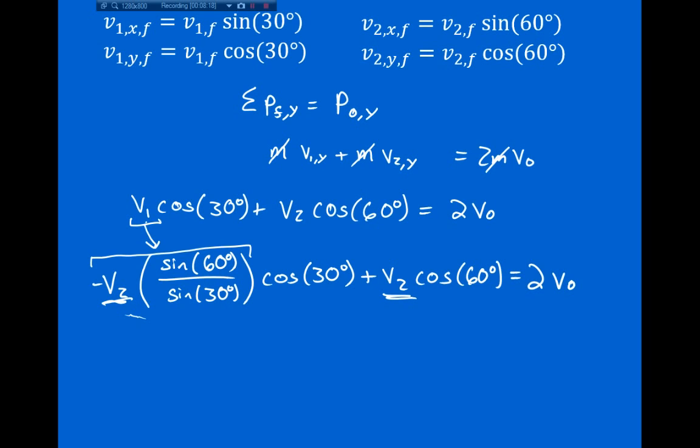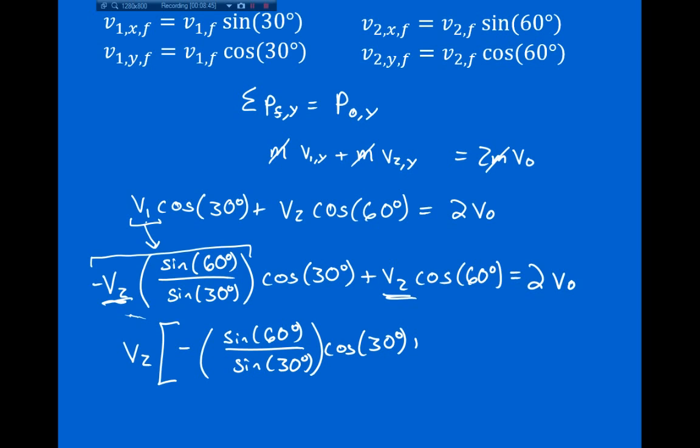Anytime you have an equation with just one unknown, you bring everything with that unknown to one side and factor it out. So I factor out v2: v2 times minus sine of 60 degrees divided by sine of 30 degrees times cosine of 30 degrees plus cosine of 60 degrees,